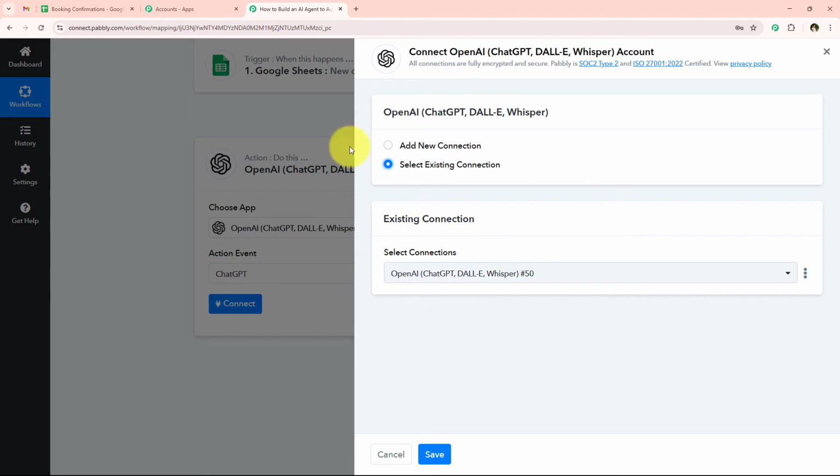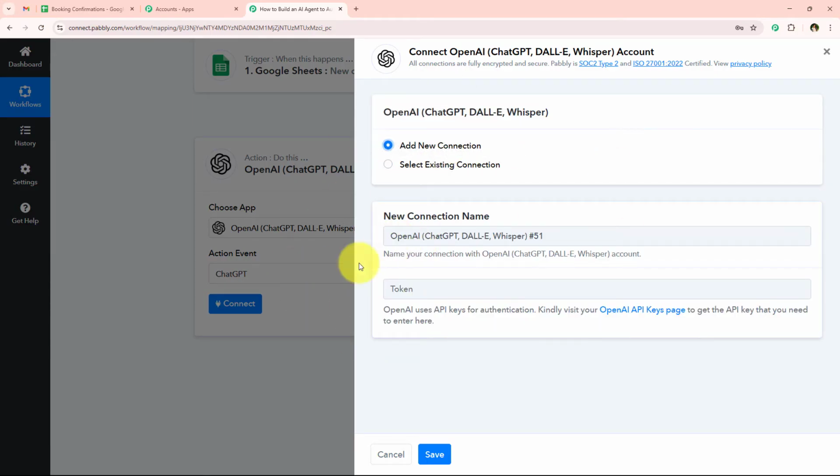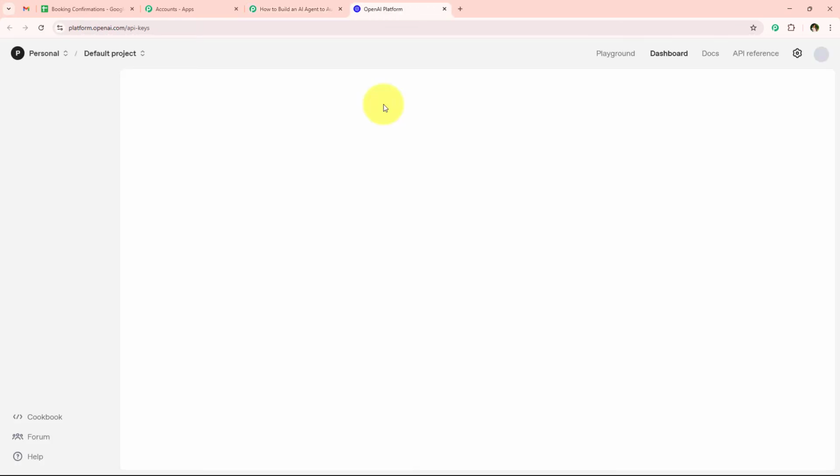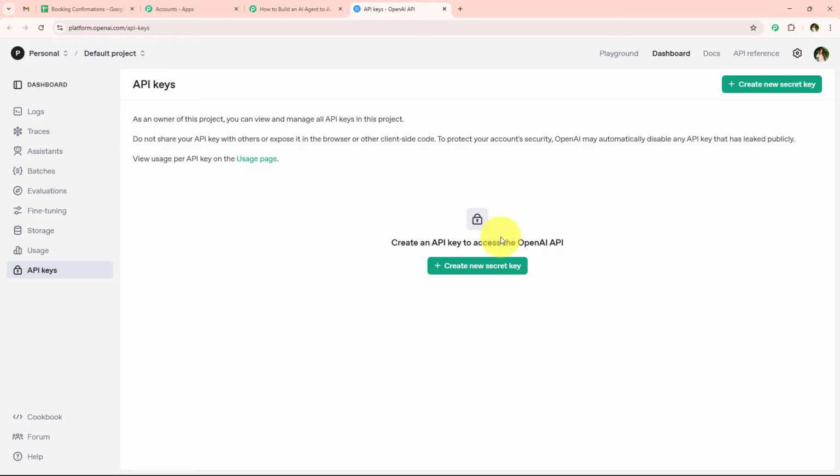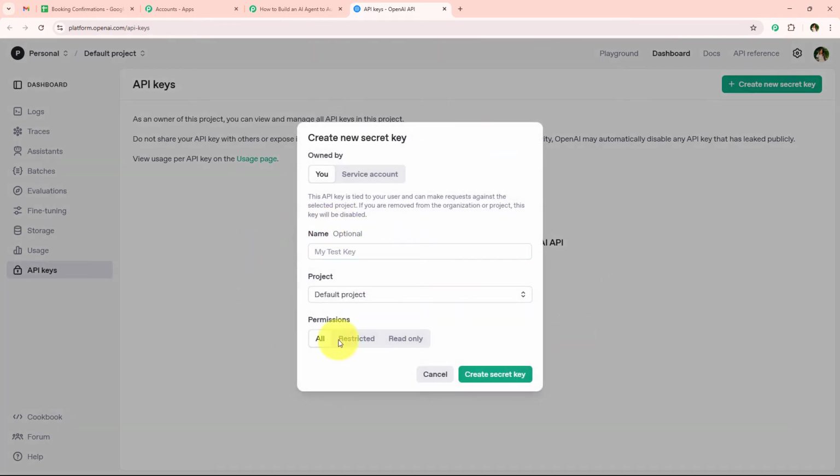But if you haven't, you have to follow me, click on add a new connection, and now it is asking me for the token. And to get this token, we are simply going to follow the help text, and it is saying kindly visit your OpenAI API key page to get the API key that you need to enter here. Alright, so we simply have to go towards this OpenAI API key page to get the API key. And now after coming over here, we simply have to click on this create new secret key button,